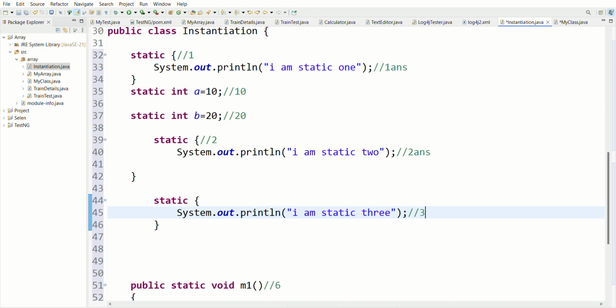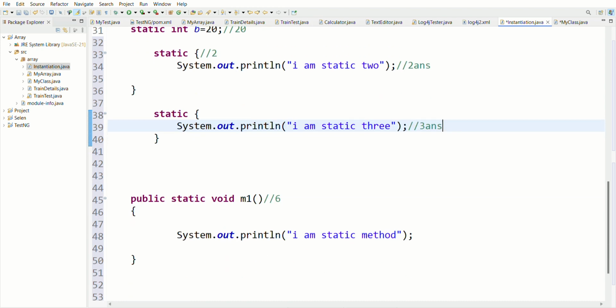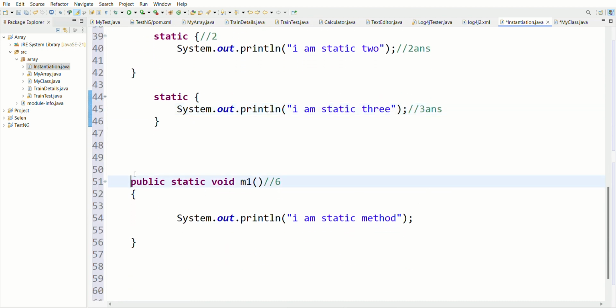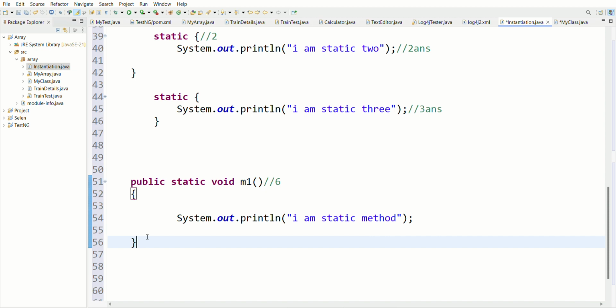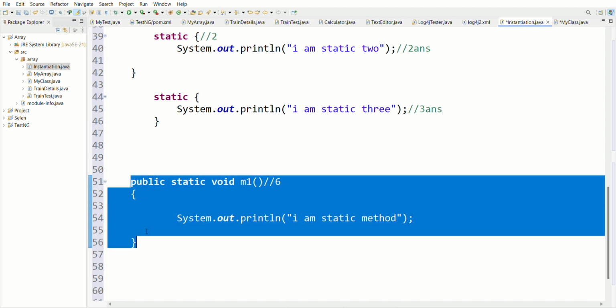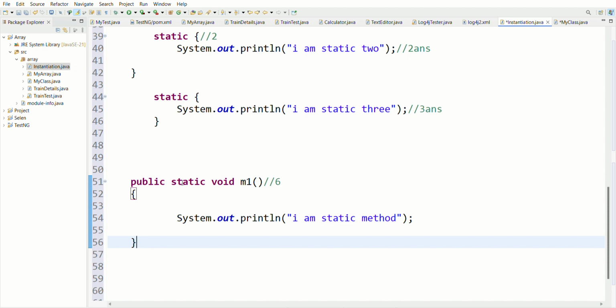This should be my third answer. And this is a method. This is not a static block. A method is executed only when we call it. Without calling this method it can't be executed. We have to call this method explicitly. It will give memory to it, but it won't be executed.